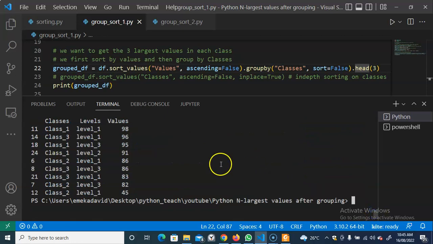This is what it gives us. You can see that based on the values, class 1 level 1 is the highest. Class 3 level 1 is the next highest, down to class 2 level 1. But what we want to do is that we want these classes to be sorted in order because it's now